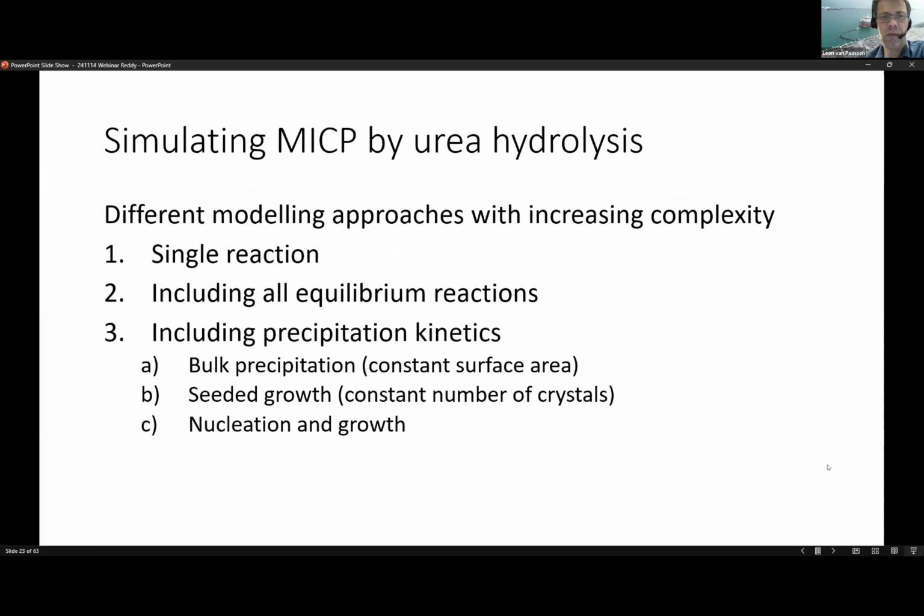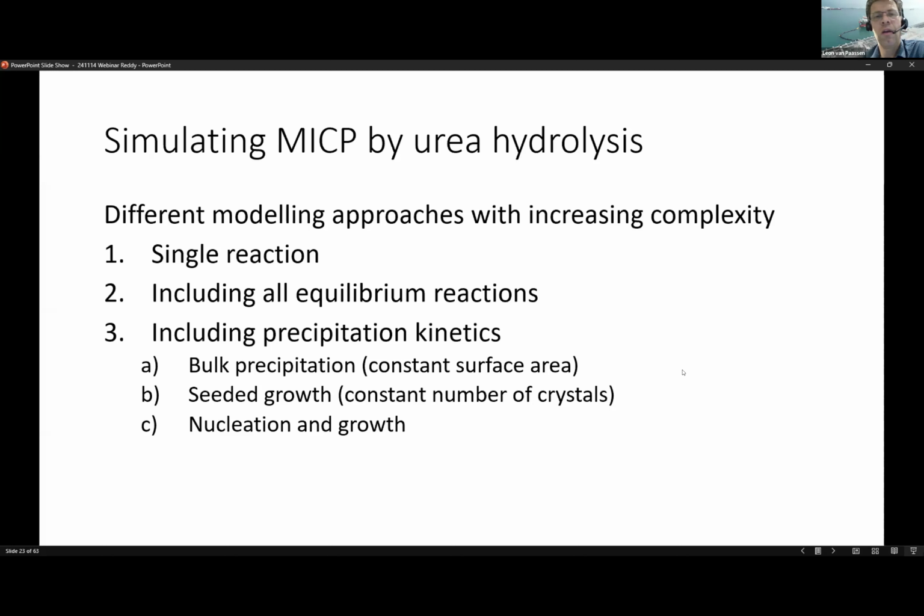So what I've done in my PhD thesis at the time, I tried to find out what level of complexity is now necessary to actually simulate or predict what happens in this process. So I started with the single reaction which we started with. Then I included all the equilibrium reactions, and eventually I also included precipitation kinetics, and I looked at the differences